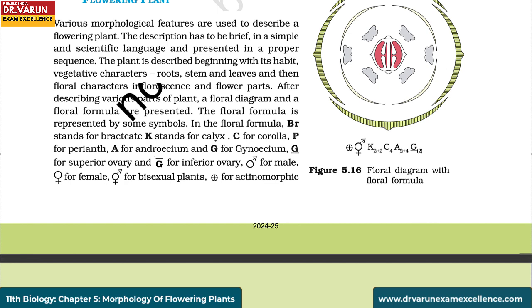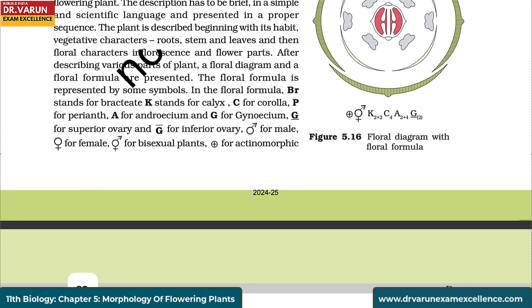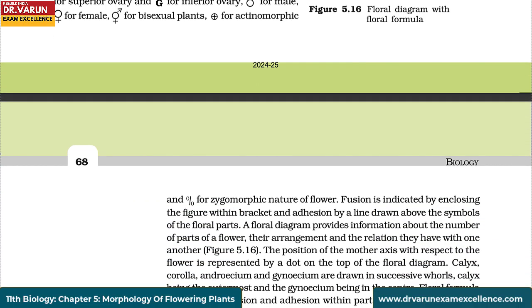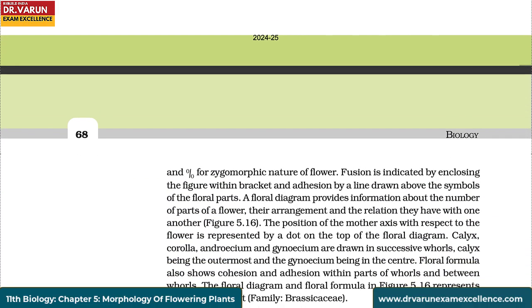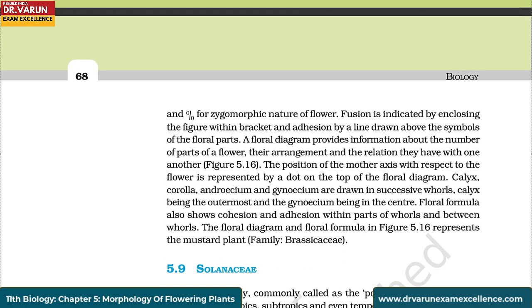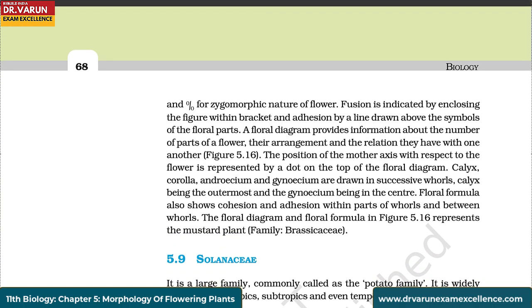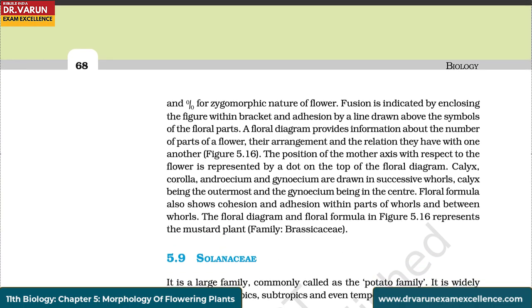Symbols for male, female, and bisexual plants are represented. A plus within a circle is for actinomorphic and a percentage symbol is for zygomorphic nature of flower. Fusion is indicated by enclosing the figure within bracket and addition by a line drawn above the symbols of the